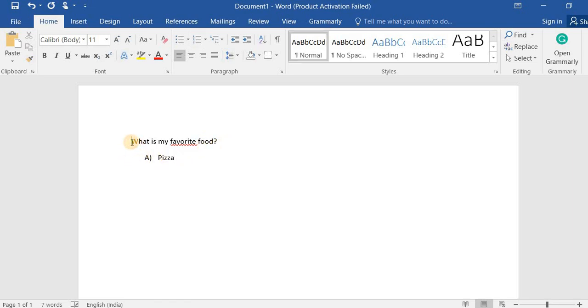So make sure that your answer as well as your question is in one line, like this, what is my favorite food, and continuing on the same line you have to paste the answer, like option A. The same way you go forward for the other option, that is paneer.